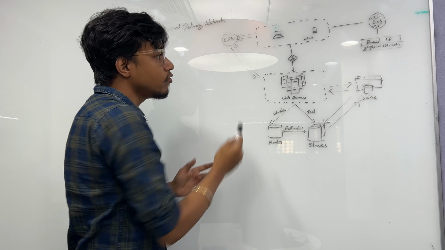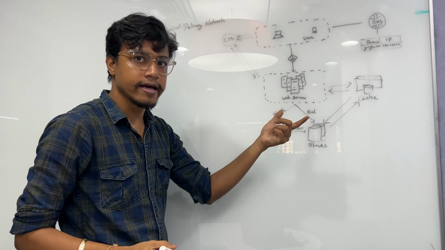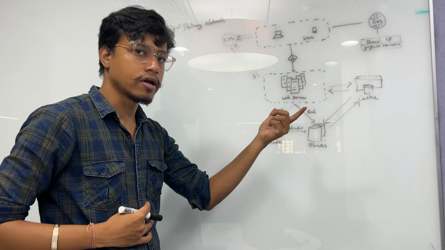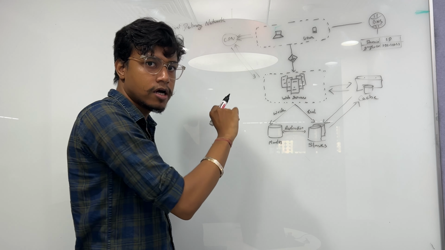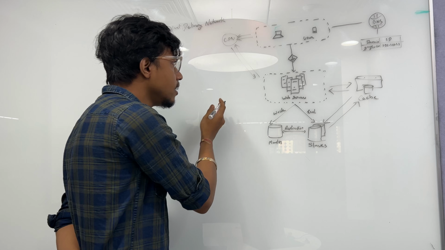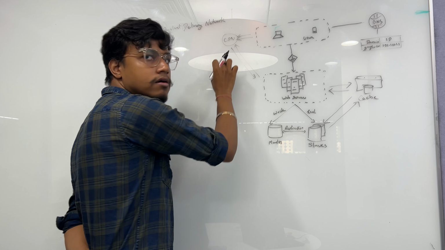What happens is that all of the static data, images and videos, are stored in the CDN nearby. Now they act exactly like a cache, as we talked about in the earlier lecture. First, the request goes to the CDN. It will search for that particular item, image or video, in the CDN. If it does not find it,